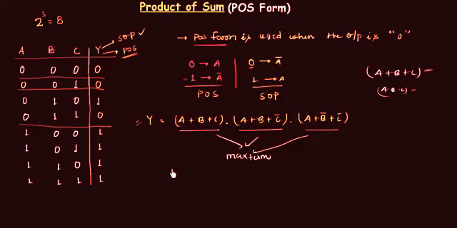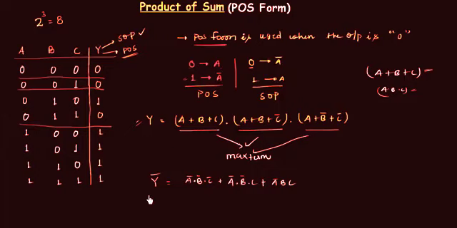So let's try to prove that we can have the POS form from the SOP form, and I will consider the output when it is low. So Y is now Y complement, because you can see in SOP form when 0 we write complement, and here function Y is 0, so I will write Y complement. It is 0 for three cases. Let's find the first case in which A is 0, B is 0 and C is 0. So I will write A complement and B complement and C complement, or in this case I have A as 0, B as 0, C as 1. So A complement and B complement and C. And for the final case when the output is 0, we have A as 0, B as 1, C as 1. So A complement, B, C.